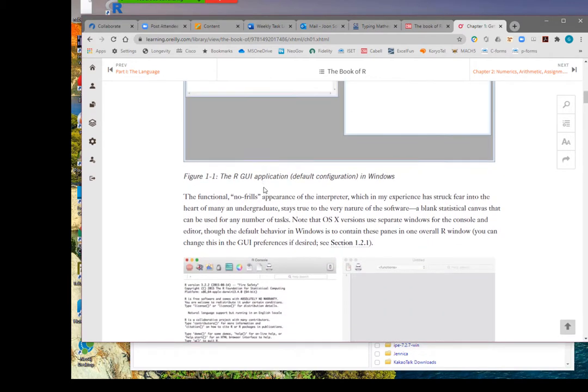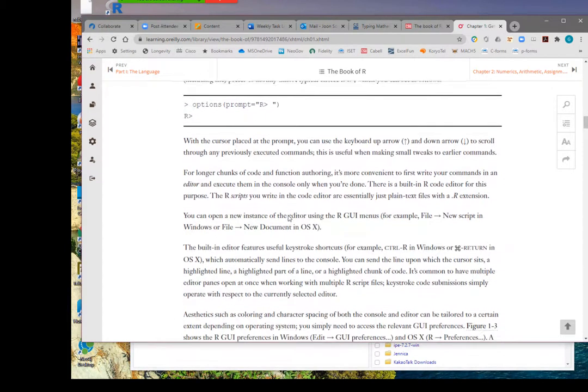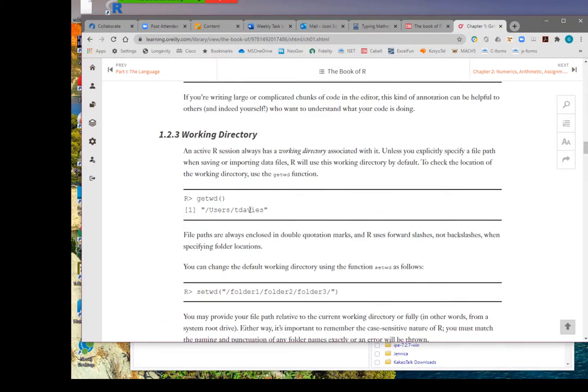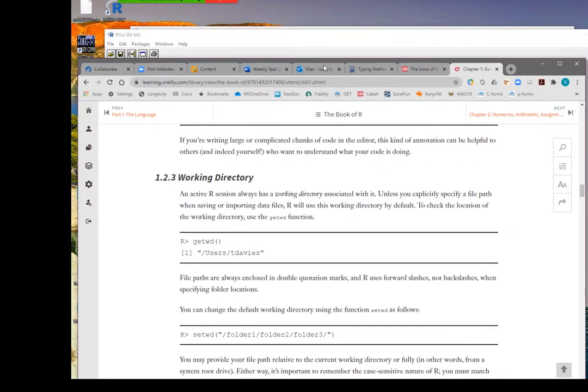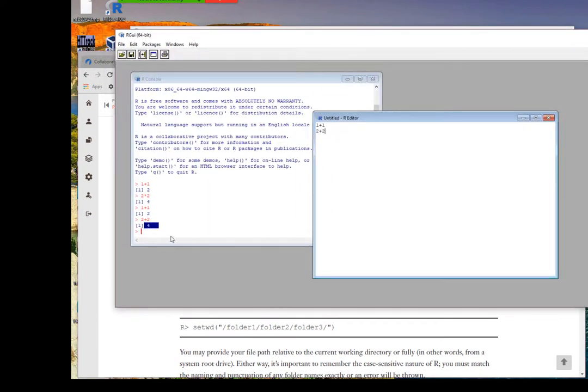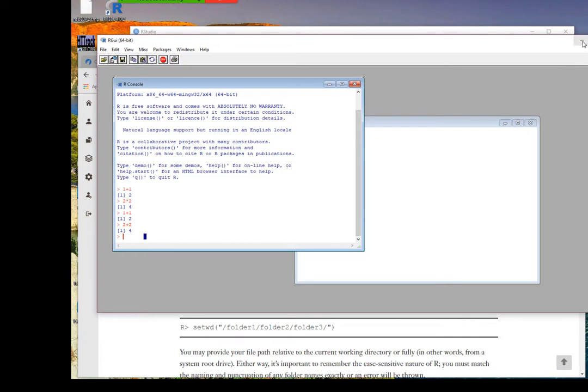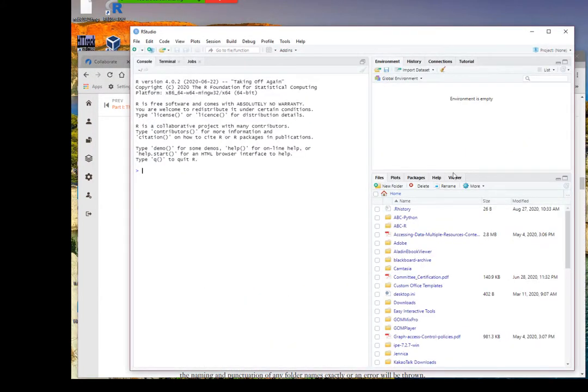For all the examples, at least the first couple of chapters, you can simply use R, but I'm going to use RStudio instead.